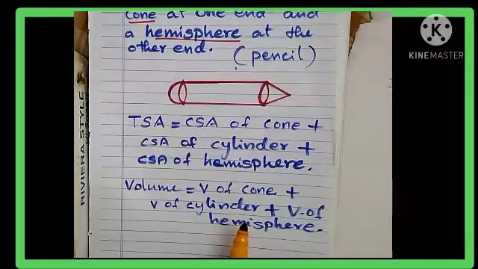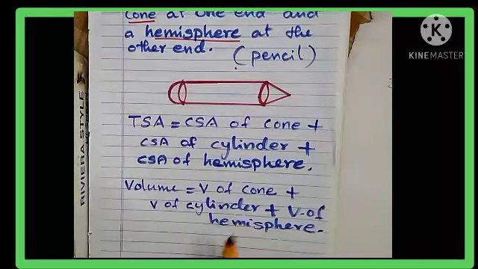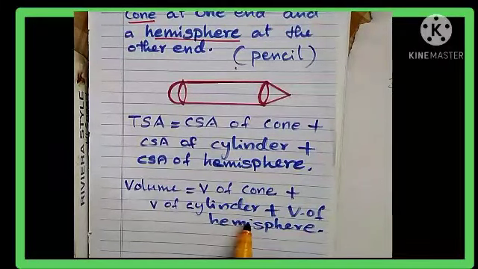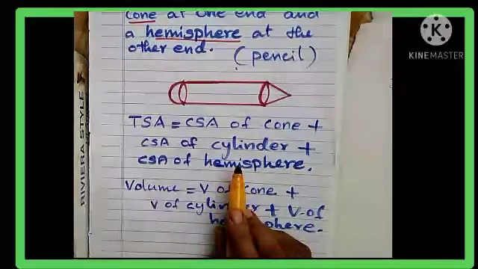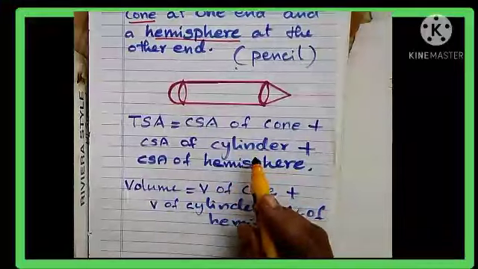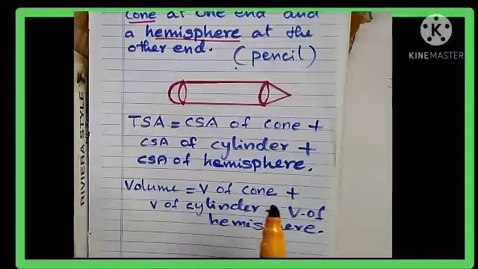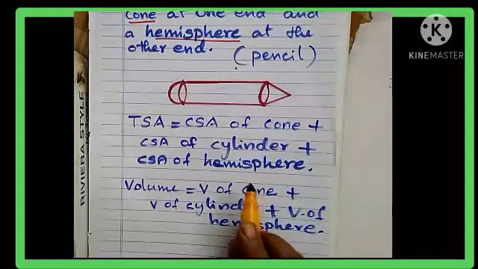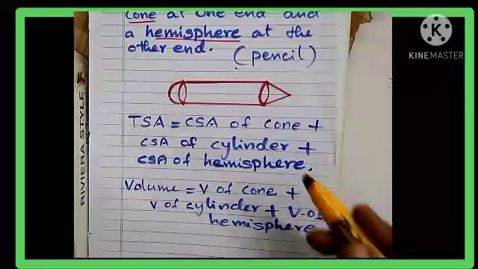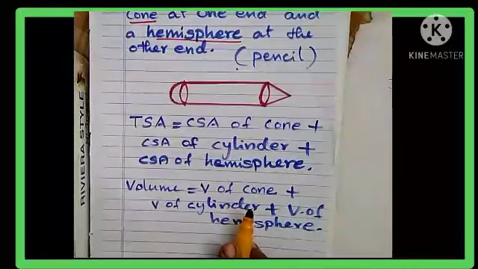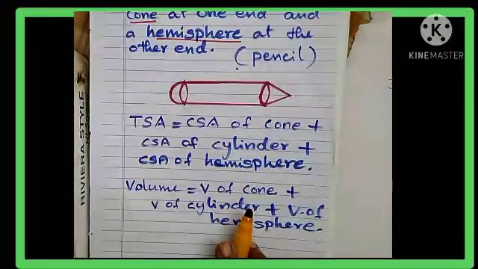So you can see that if a cavity or depression is there, then only we are subtracting the volume. Otherwise, we are just adding the volumes of the given shapes. And for finding the total surface area, just imagine we are painting that shape. And according to the situation, you understand the shape, wherever we need to paint, or what the given idea is. So according to that we can find the surface area and then volume. Okay.